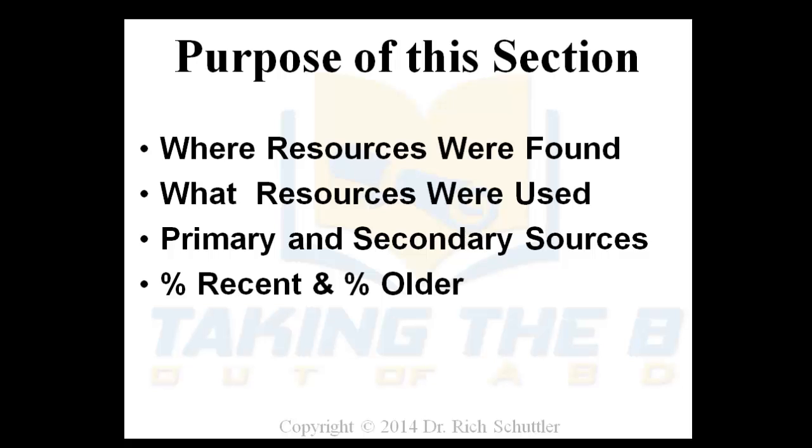Whereas 85% helps the reader know that when you were using the references that you applied, it was the most current literature and information that was available at the time you did your study. So therefore, it was up to date when you did your study. If you use too many older references and you're trying to substantiate a concern that's happening today, or the literature overview of what it is today, by using older references, it doesn't make sense. It doesn't align well. But the purpose of this section is to give the reader later an understanding of basically what was the percentage of recent to older references that you included in your work.